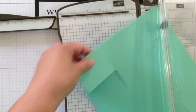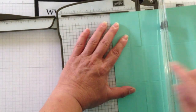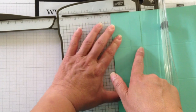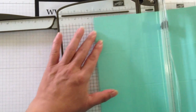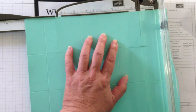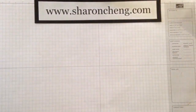Then I'm going to turn it, and I'm going to do the first measurement at 2 1/4, and I'm going to cut, and this time I'm going to leave it up so you can see what I'm doing. I'm going to cut from the top line to the first score mark, and then the second score mark to the bottom, and I'm going to do the same thing at 8 3/4. I'm also going to cut from the top to the first score line and the second score line to the bottom. After I get all that done, I'm going to fold on all the score marks,